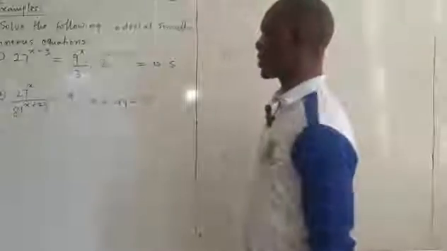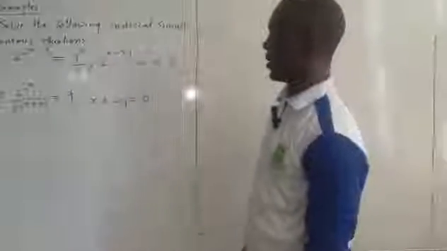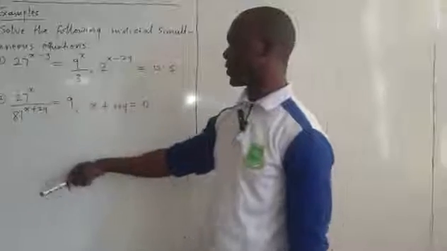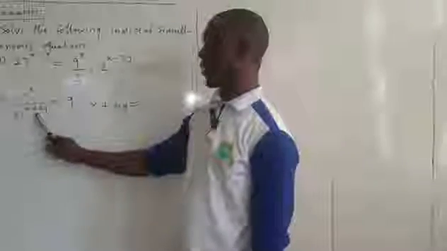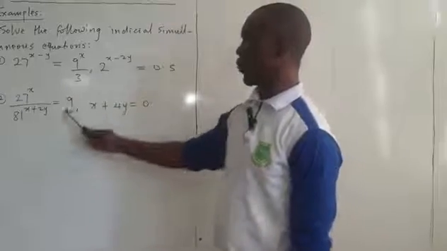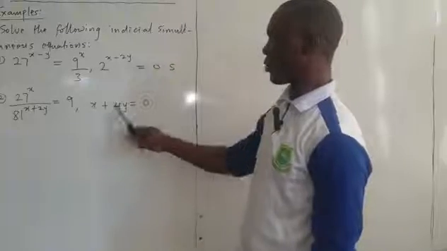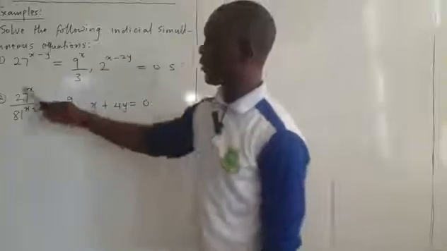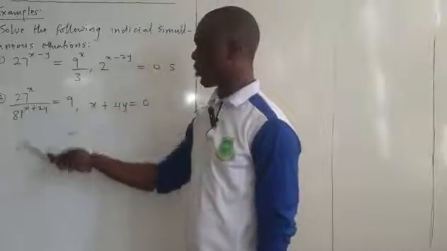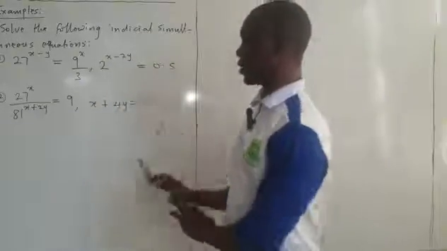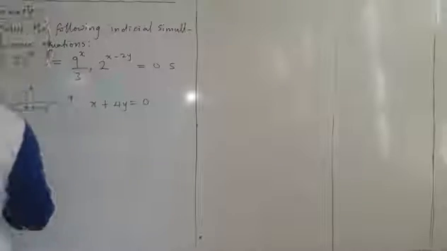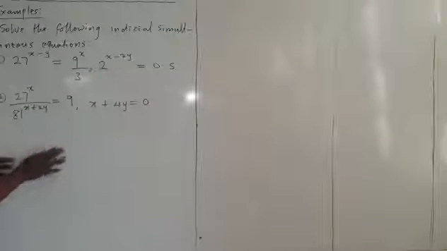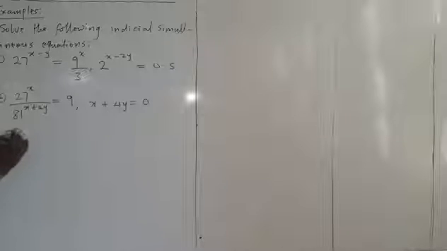Example number 2 says 27 raised to the power of x all over 81 raised to the power x plus 2y equals to 9, while the second equation is x plus 4y equals to 0. So if you check the first equation, it's an indicial equation, while the second equation is just a linear equation. So we are going to reduce the first equation, that is the indicial equation, to form a linear equation. And to do that, the solution to question 2,